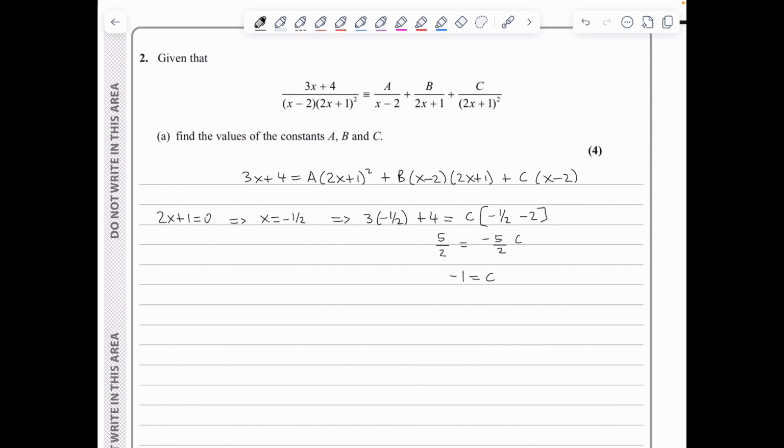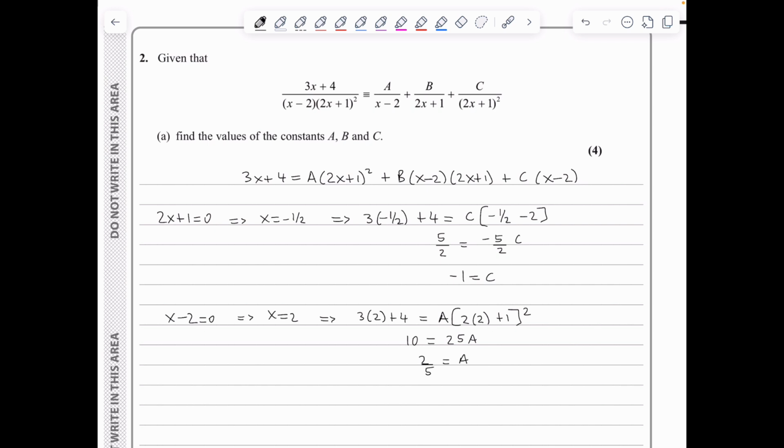the value of c is negative 1. We can also set x minus 2 to be 0. So if x minus 2 is 0, this means that x is 2. So we are looking at 3 times 2 plus 4 is equal to 8 times (2 times 2 plus 1) squared, and then these will eliminate, and we are left with 3 times 2 plus 4, which is 10, being equal to 25a, and therefore we get that a is 2 over 5,